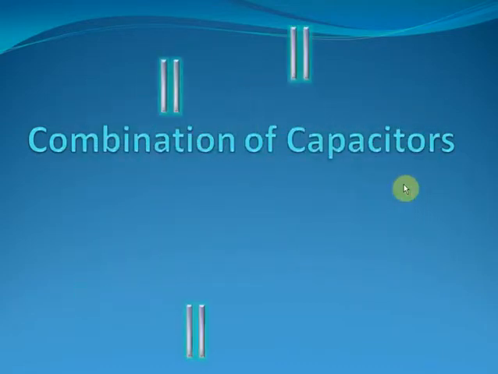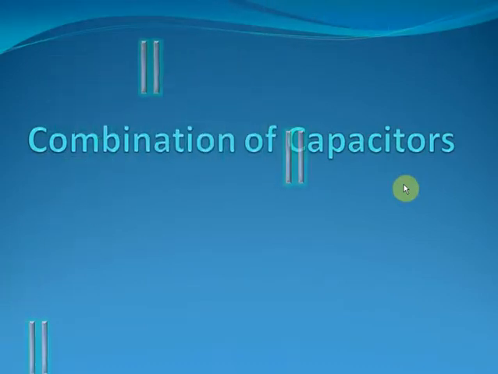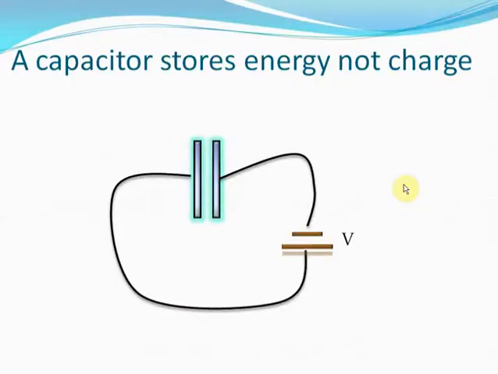So what will be the effect of all these three capacitances? What will be the one final capacitance that can replace all these capacitors? That is what we are going to study in combination of capacitors. So let's begin our study. Now before we study exactly what happens when two or more capacitors are joined together, let's first understand certain